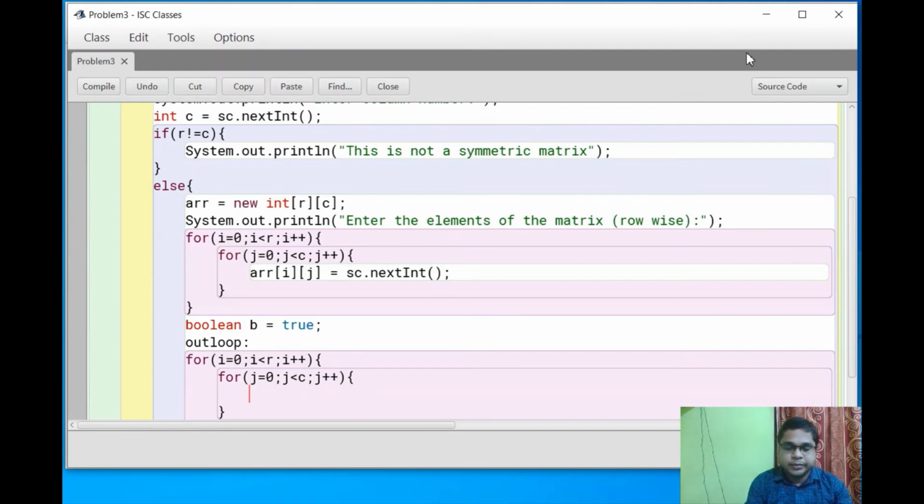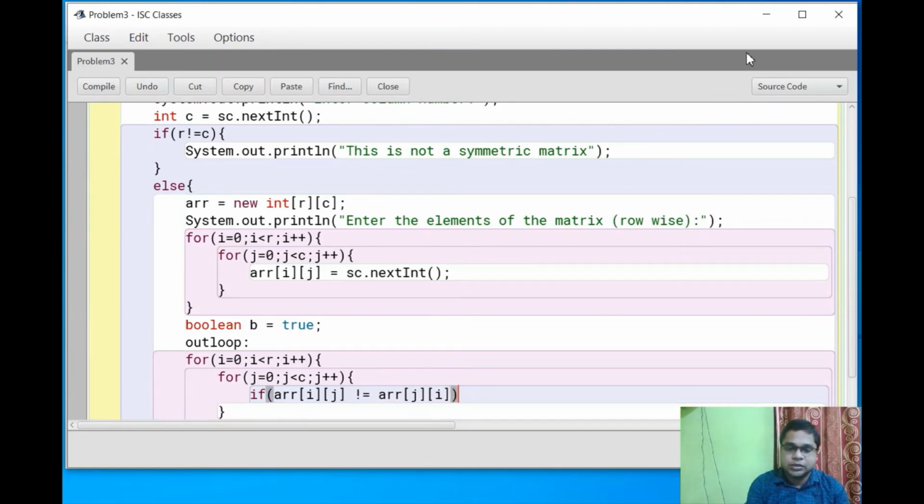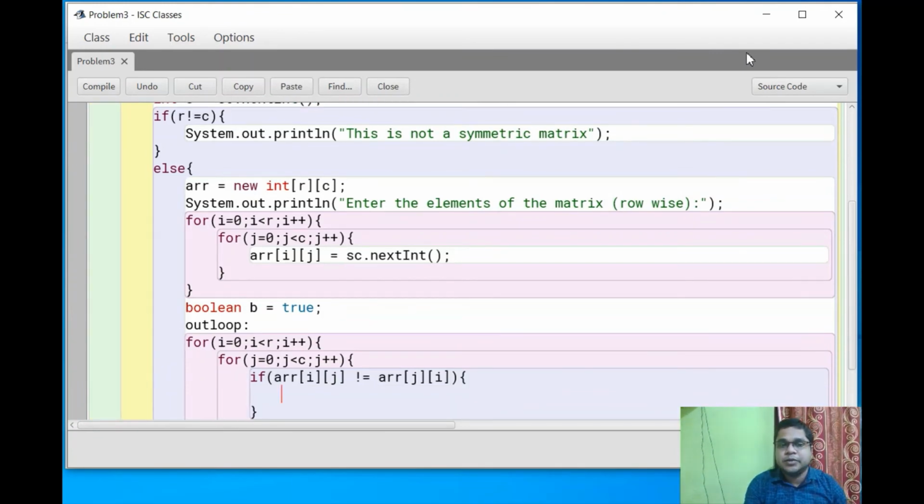After that I am checking the value in the matrix, that is, if arr[i][j] is not equal to arr[j][i], just reverse that order. It means I am checking the row value against the column value.